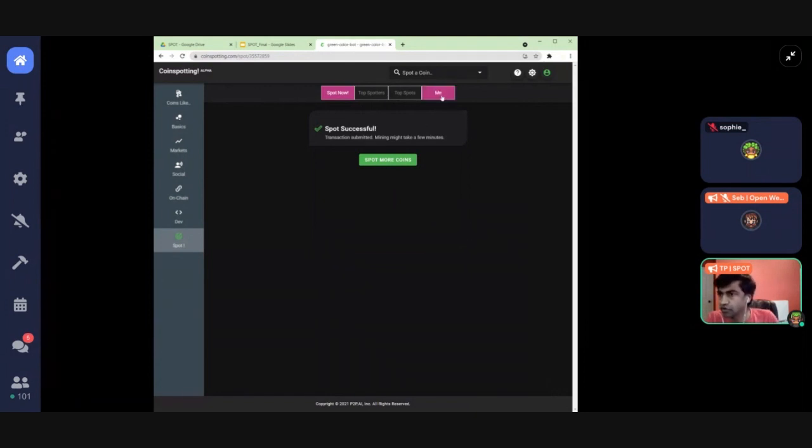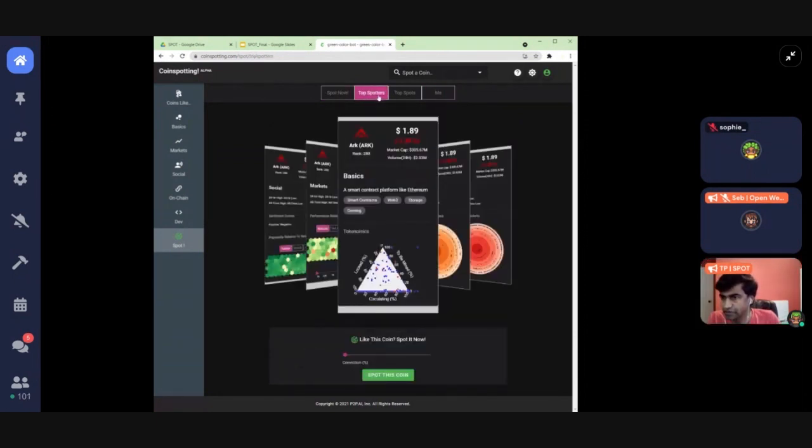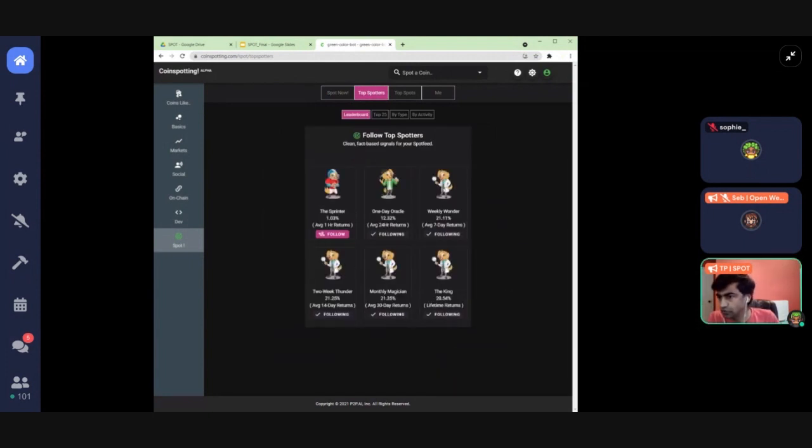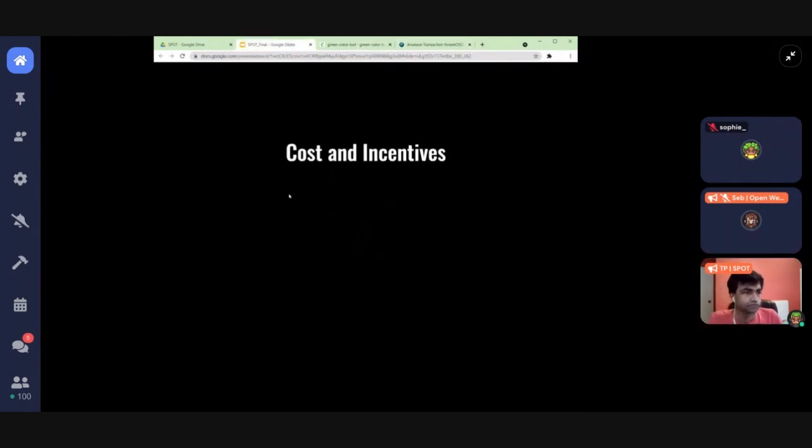As the user does this more and more, he or she is building a portfolio of things. It's a track record of the things that I spotted, the things that I thought would do well. I can go look at the top spotters in the system. I can say who's doing well, who's not doing well. I can choose to follow people with the confidence that whatever I see on their portfolio are things that they actually saw at a point in time, and they registered the fact on Arweave, which the fact is going to live forever.